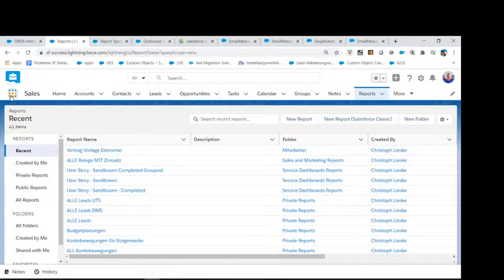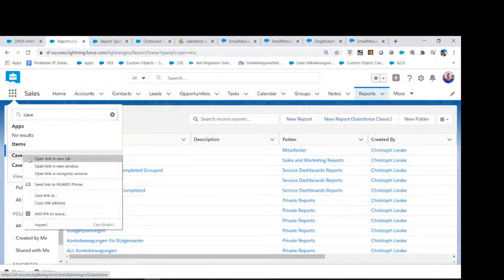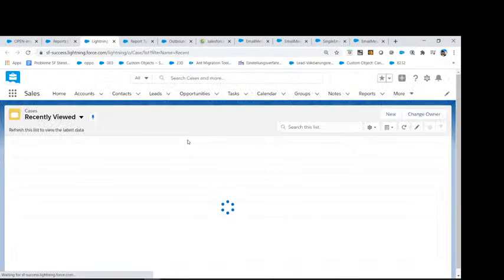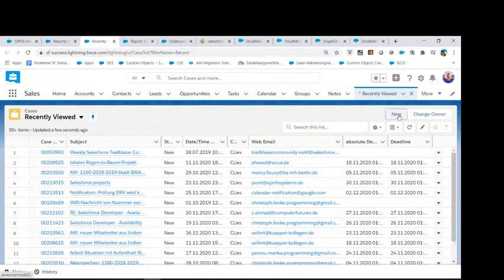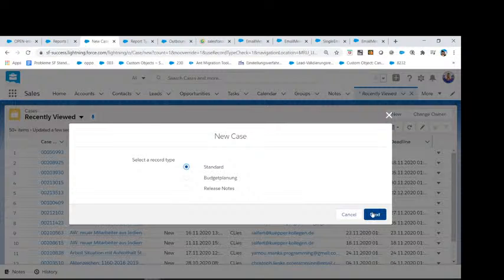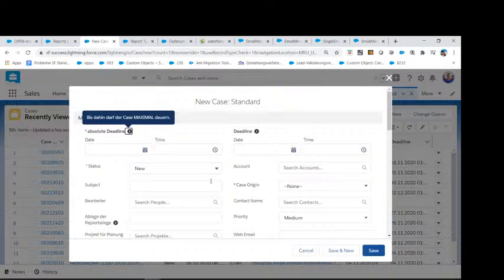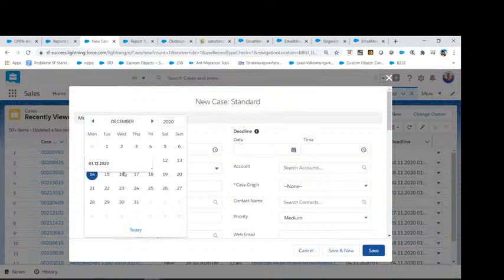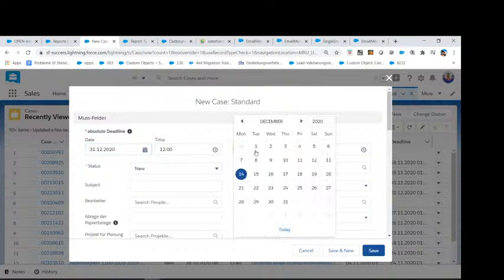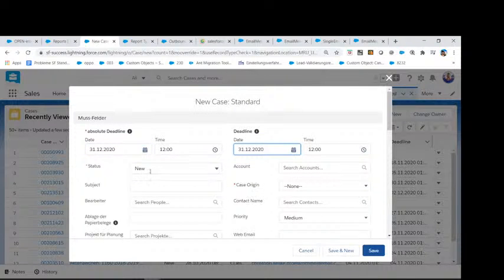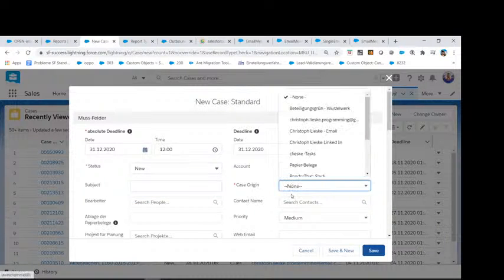we want to solve it later on. That's why I will put it in here, and we will create a new issue. We will go like a standard issue, and this is going to be the date. Yeah, I will just put in the date for the month and also the deadline. No, I will just set the case origin.